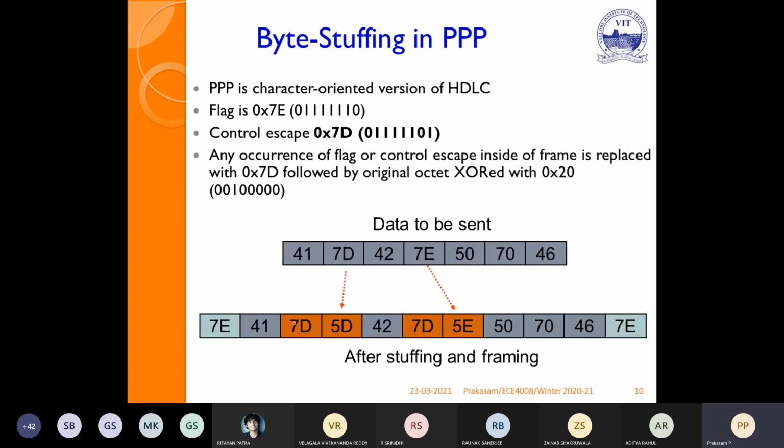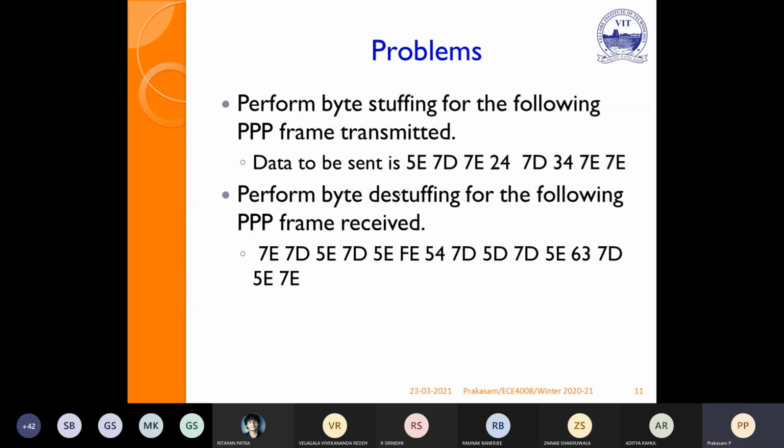You will see with one example. Let us consider this is the data to be sent. We may be asked to go for byte stuffing. Always go for the framing at the starting and at the ending, adding 7E.